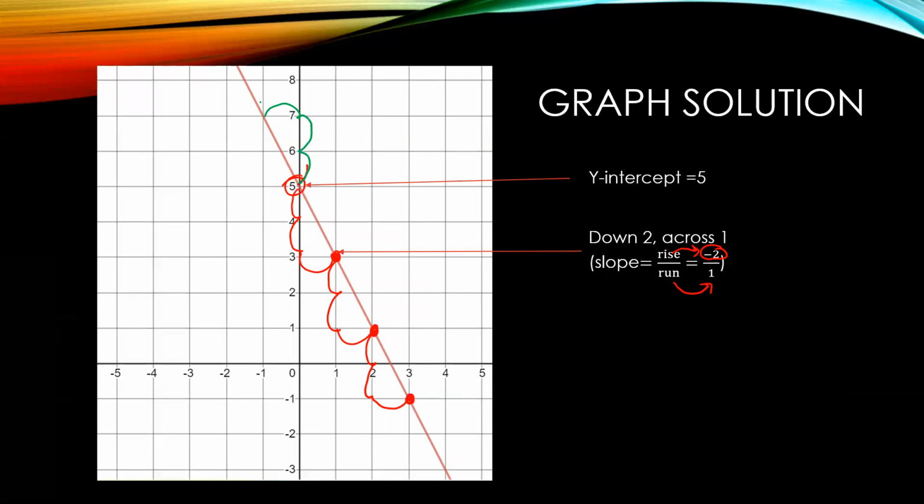And again, I can do this one more time, up 2 and to the left 1. So that means it's going to be up here. And then of course I can extend that line, and then I just draw 2 arrows at the ends there, and there's my line. So I hope that kind of makes sense. How we set up our equation first of all, and then how we interpreted the slope and the y-intercept